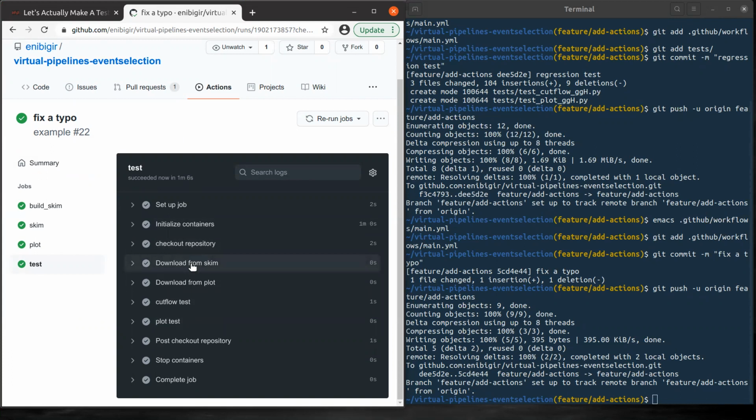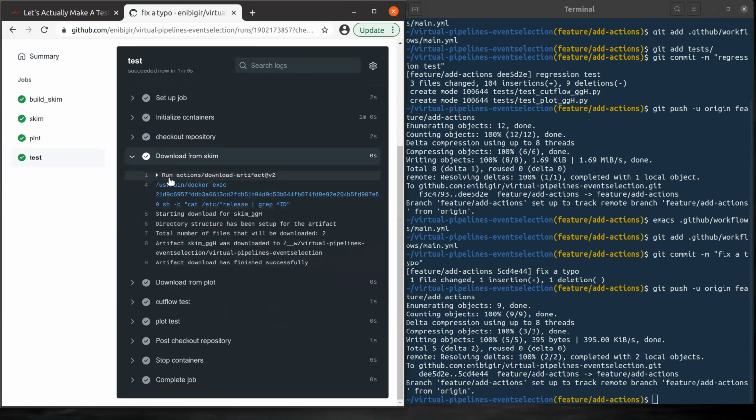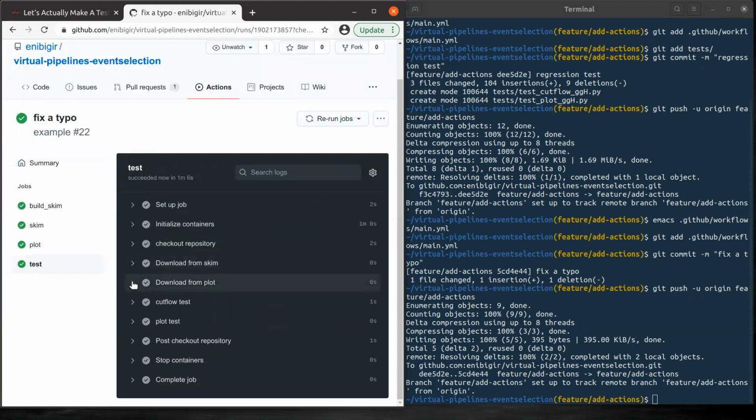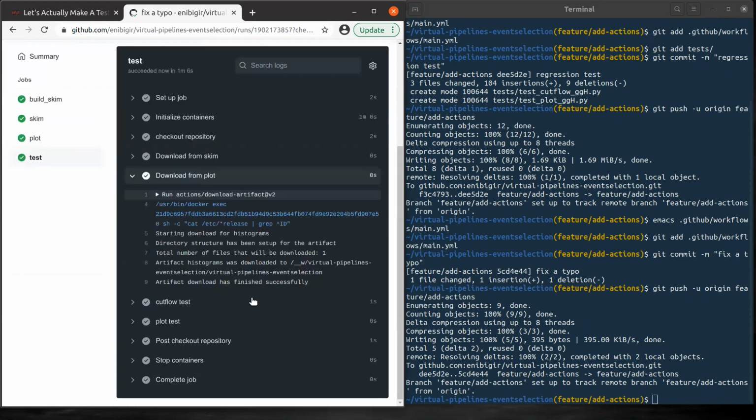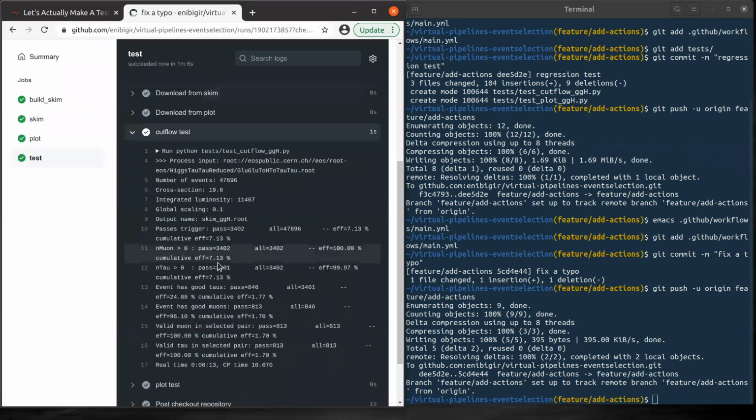Okay, let's see the download from scheme. Okay, we have 2 artifacts. Then there was also download from plot job.